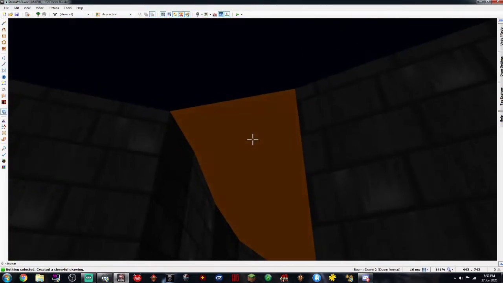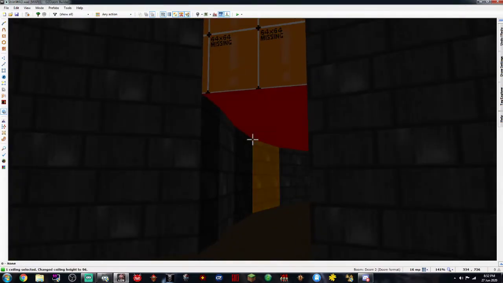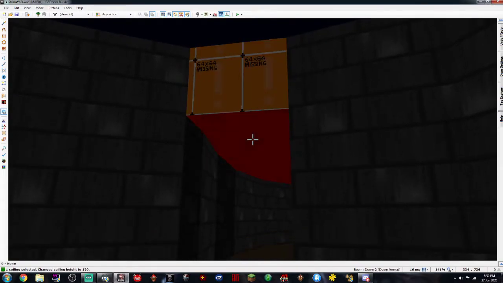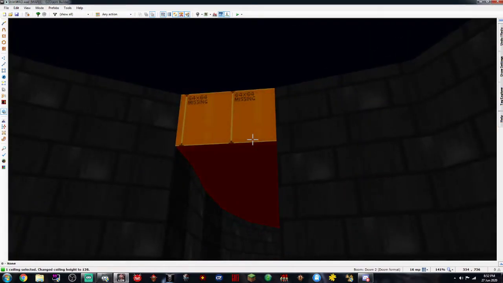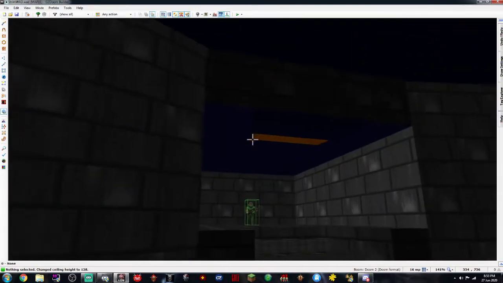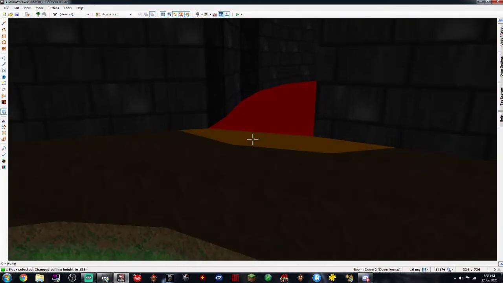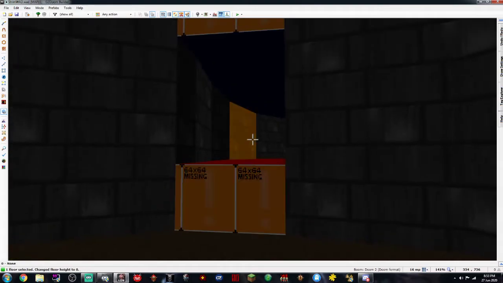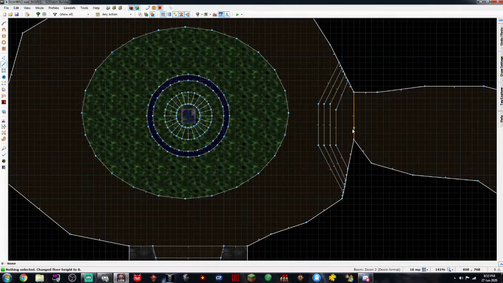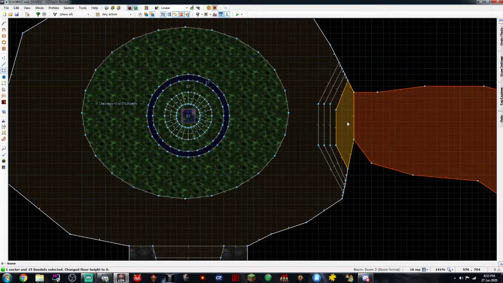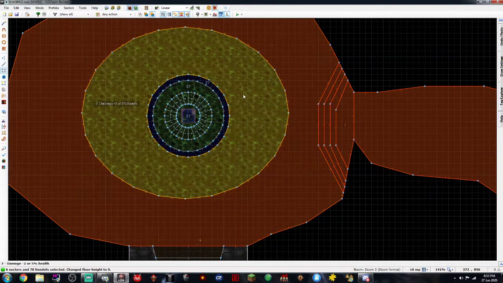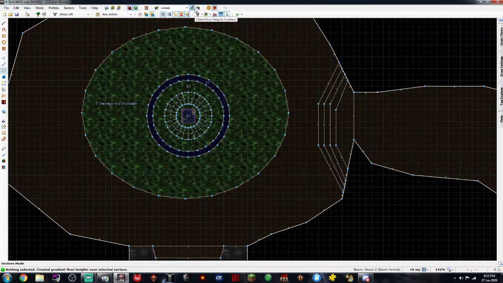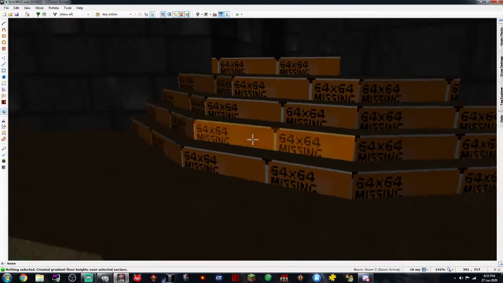So if we can do this, we can bring this all the way, not all the way down, but we want it to be there, so it's basically on level with that. That's a good ceiling height, and we really would want to worry more about raising the floor. We can do that, and then we can select our sectors. 1, 2, 3, 4, 5, 6. Make the floor heights gradient. And we have our stairs,